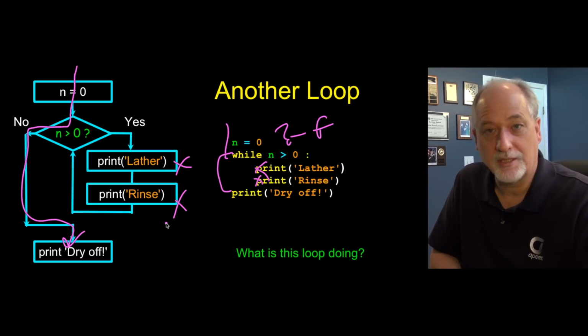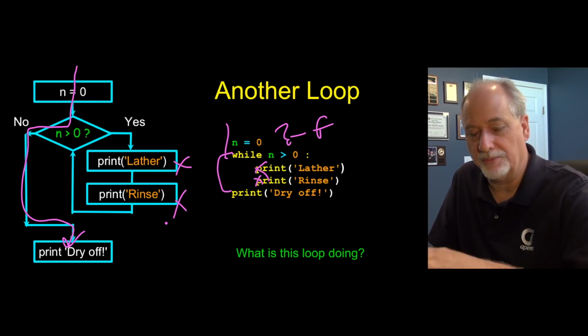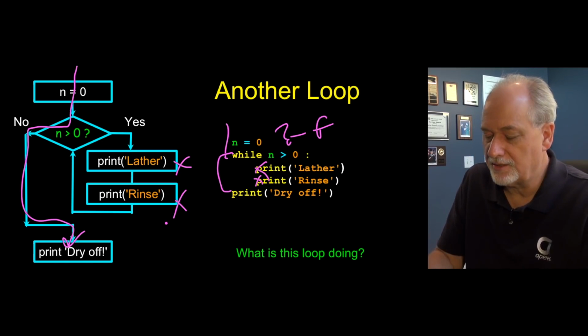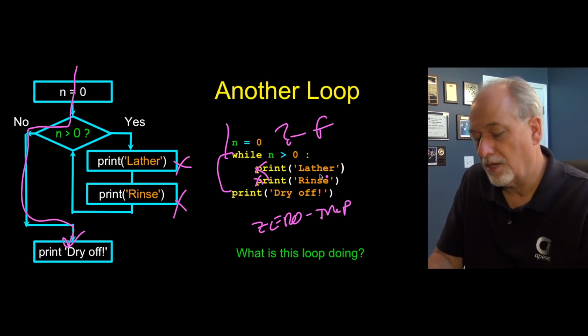Sometimes you write a while loop on purpose like this, not quite as simple as this one. But the idea is this emphasizes that these loops are what we call zero trip. They are not even guaranteed